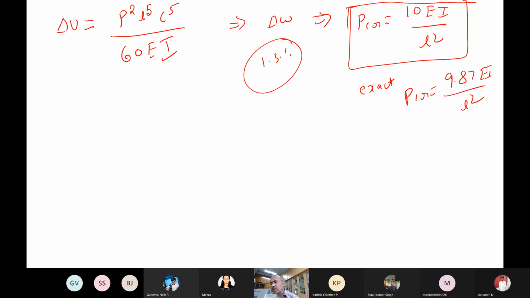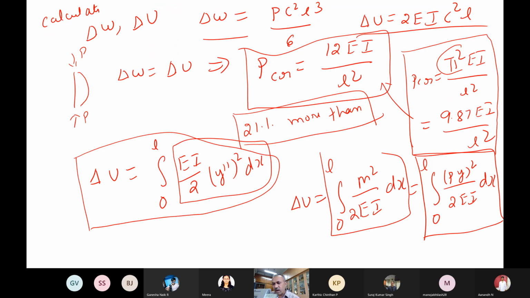So it is almost 10. In engineering, we generally round 9.87 off, so it turns out to be 10 itself. So now what is the important comment you have understood from this exercise? Whether you have to go for higher order polynomials, or what is it that you will try to do in an intelligent way? I think one of you said that you have to use higher order polynomials.